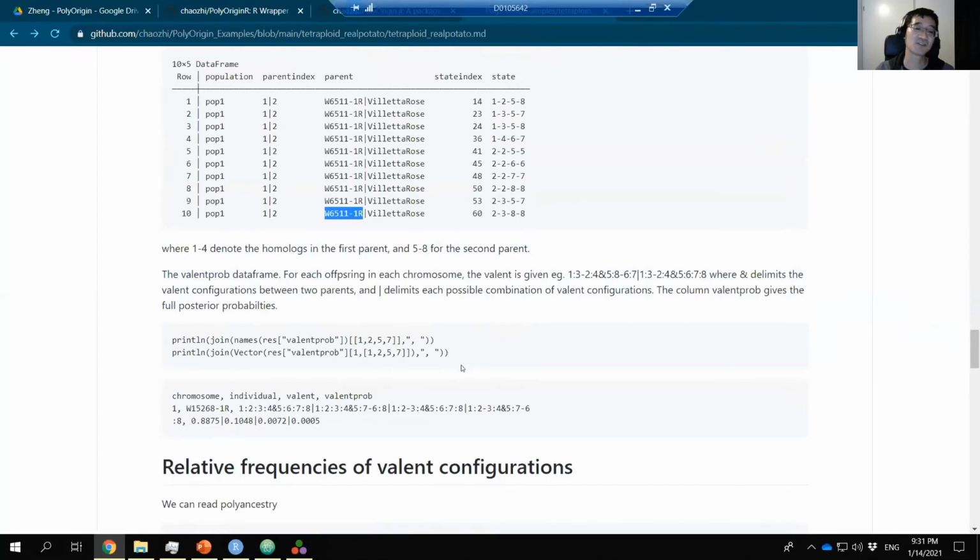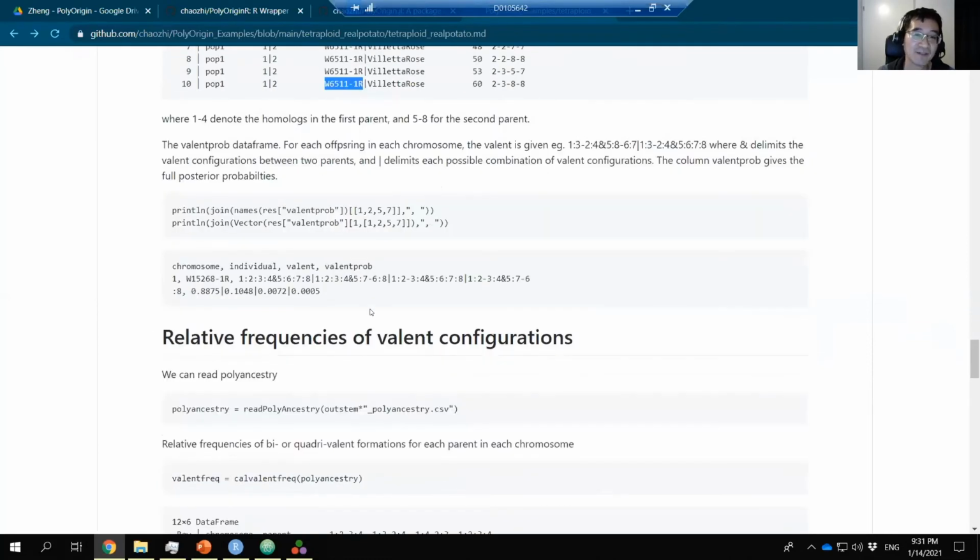The ancestral file also provides the posterior probability for the variant configuration for each chromosome for each offspring. I think Peter also mentioned that, but we only provide the posterior probability for the variant configuration, so that for this individual in this chromosome, this is possible, but the most likely is this one. So if we look at this, it means